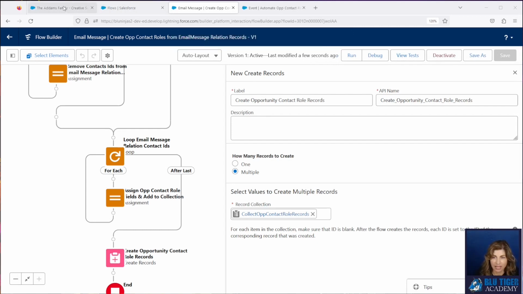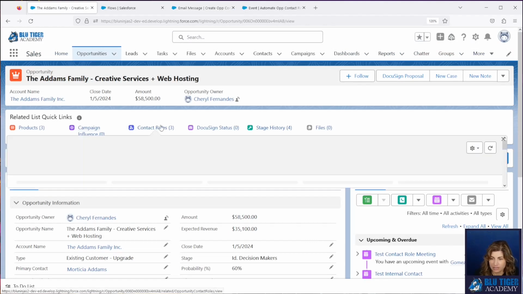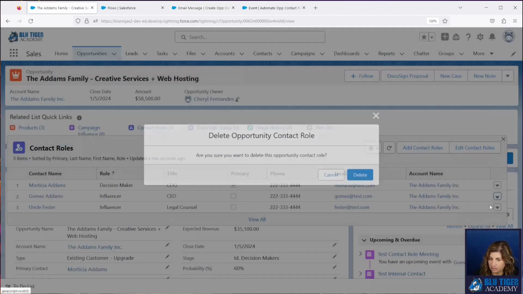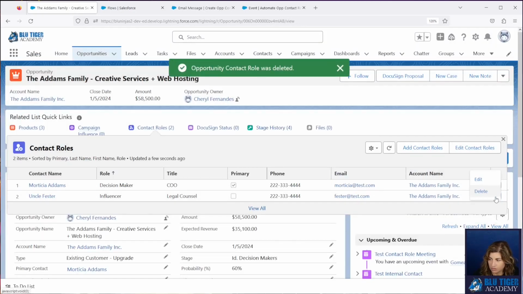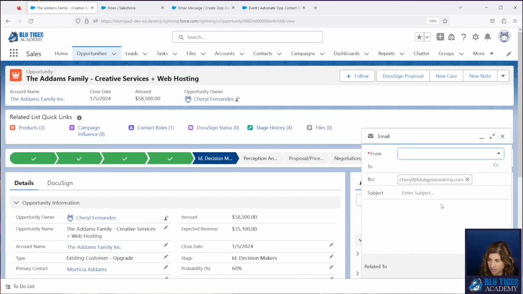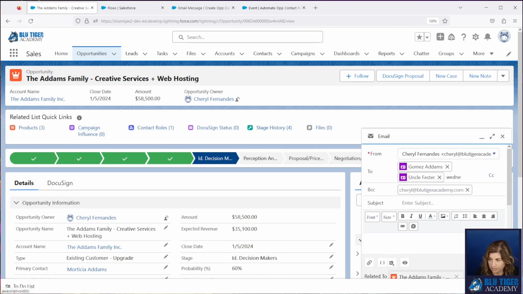All right, we're going to go back to our opportunity that we were testing with, and let's delete Gomez and Fester, Uncle Fester. All right, now we're going to send an email to Gomez and Fester and Wednesday.